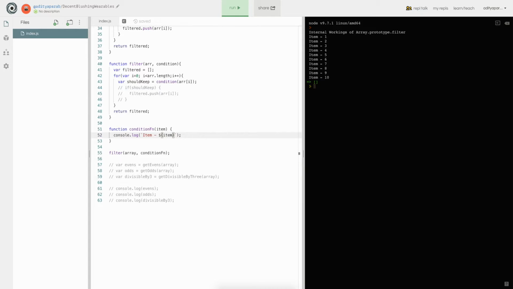Now there are certain scenarios where we also need to access the current index of the iteration. How can we do that? The same way that we gain access to this arr of i, we can gain access to the i, the current index, and we can refer to this as index here. And let's just log item is at index